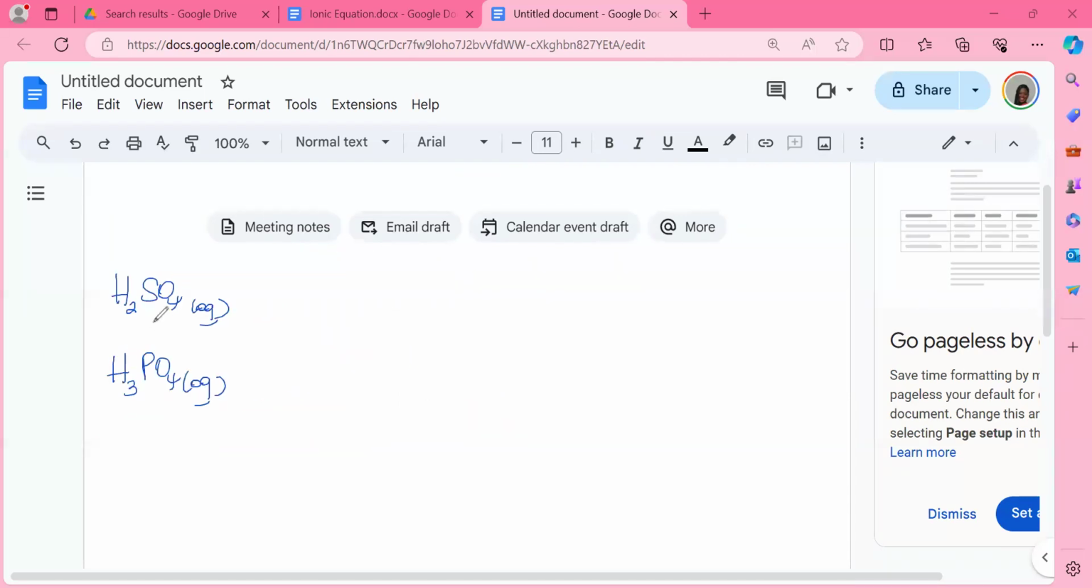All right, so we'll move on to this acid. This is sulfuric acid. Now in sulfuric acid, we're seeing a 2 after the H. This means we have 2 H. So the subscript is going to turn into a coefficient, so it's going to be 2 H plus ions and 1